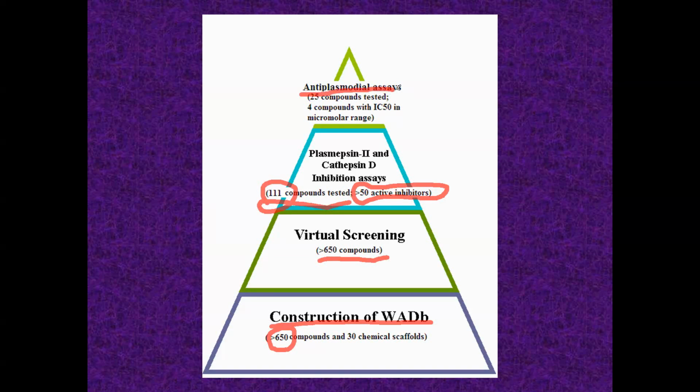And then we tested 25 of these 50 active compounds against the plasmodial cells, and we found out that 4 compounds are having good inhibitory activity against plasmodium. So starting from more than 600 compounds, we came up to 4 compounds. Those are showing real inhibitory properties against the malarial parasite. Okay, so